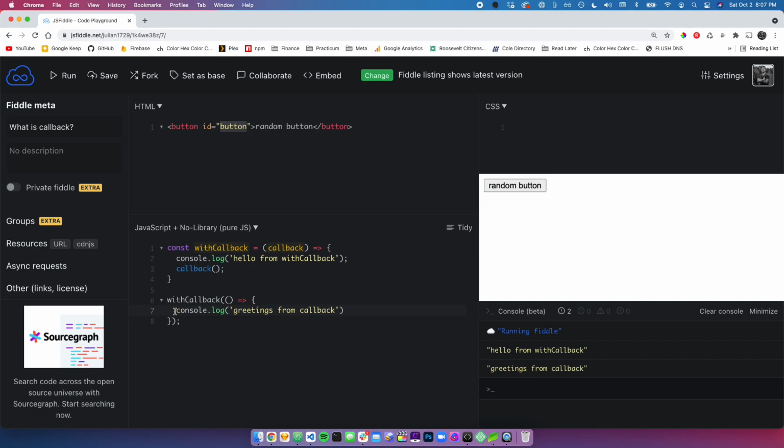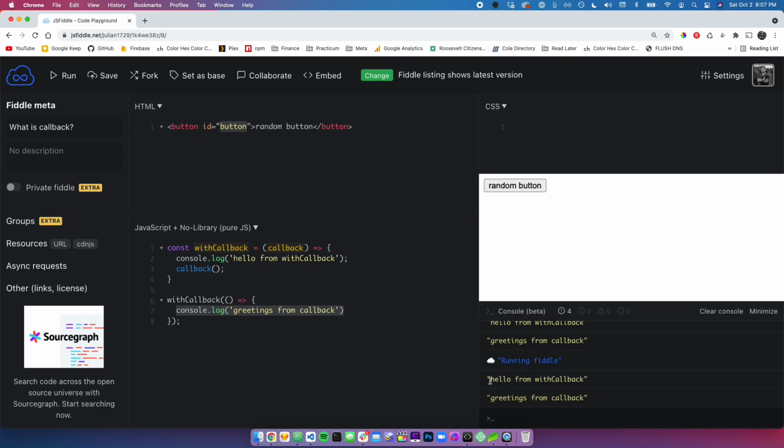And this function, what does it do? It simply console.logs greetings from callback. So what do we see within the console? We see first this, hello from withCallback, and then because it runs this function that we passed in, we get the console.log greetings from a callback. So what use is this? Well, it allows us to run